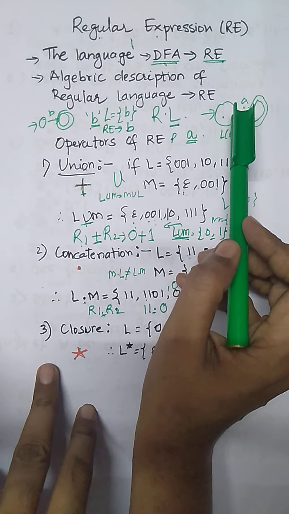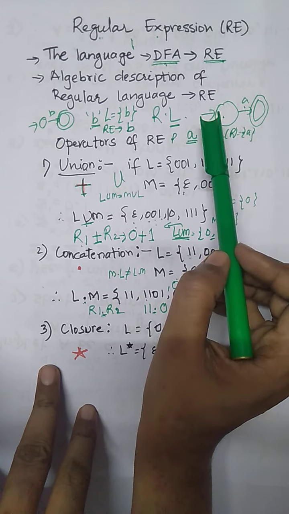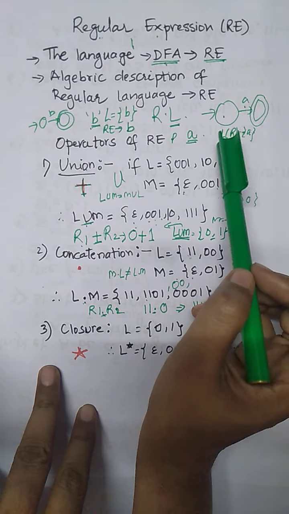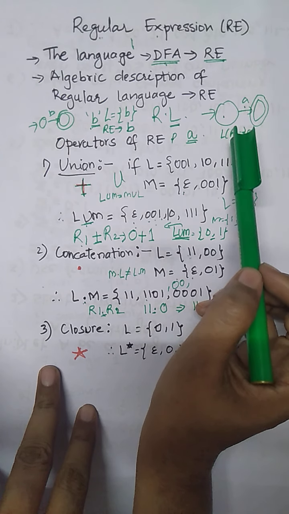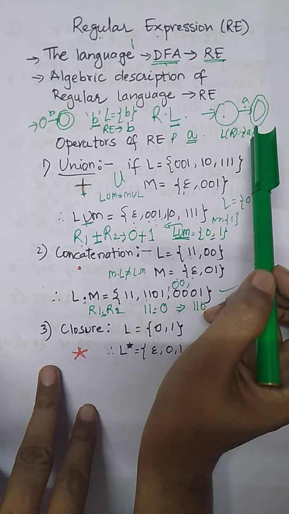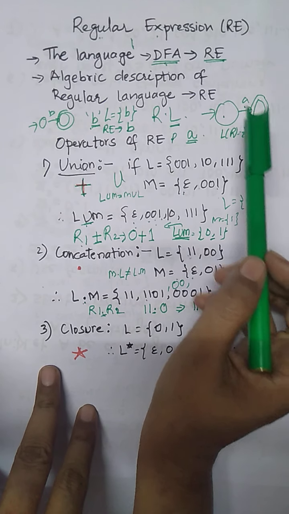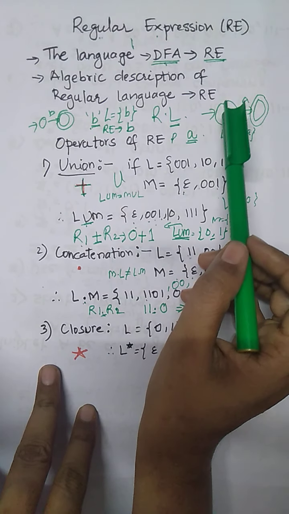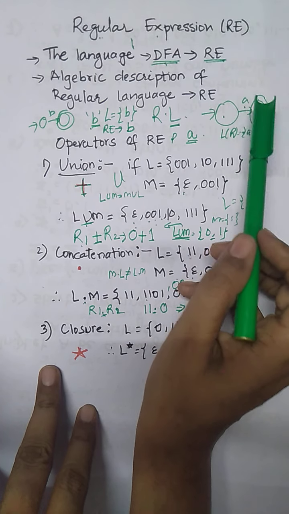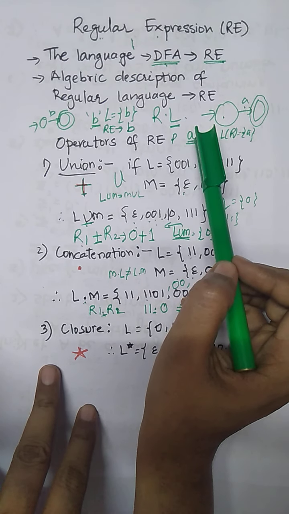Now again consider the second example. From the initial state we are reaching the final state with the input A. For the regular language, the language accepted by this is only one string in the language notation. But the path in the regular expression will be A. So the regular expression for this DFA will be only A.